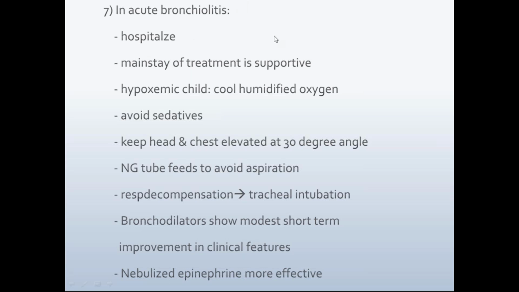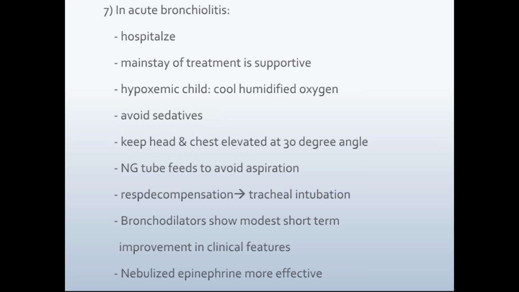So in acute bronchiolitis, what to do? First of all, bronchiolitis, in more than 50% of cases, is due to respiratory syncytial virus. So with viral infections, there is no point of giving any antibiotics or any other drugs. One has to go with supportive therapy. The mainstay of therapy is providing oxygen, because what I told you earlier in the class is what happens in bronchiolitis. It is a complex immune response leading to ventilation perfusion mismatch, leading to hypoxia, finally hypercapnia, leading to